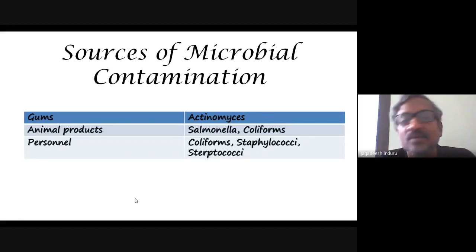The reason is that if we are not able to avoid the entry of living organisms that are visible to the naked eye, how can we avoid the entry of microorganisms? They will take strict action because of that